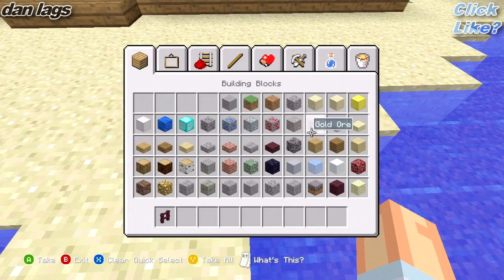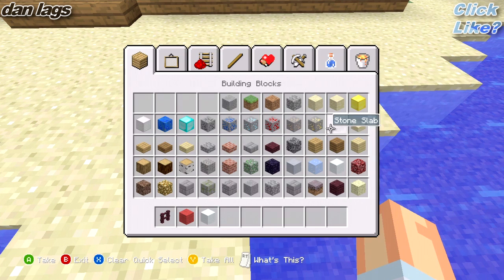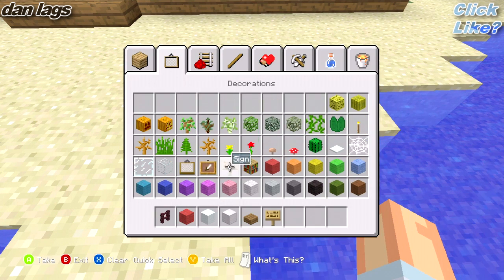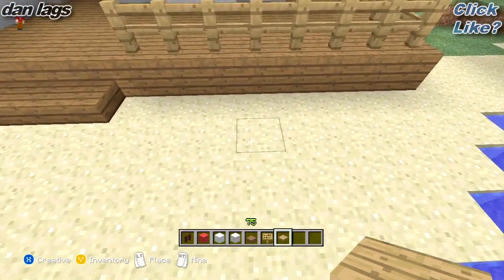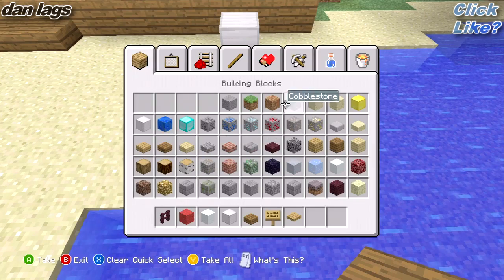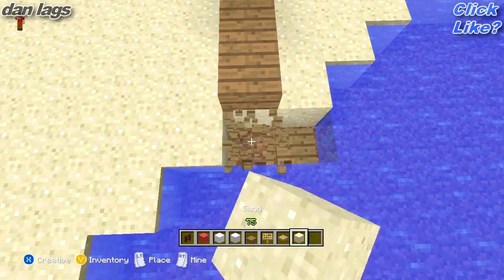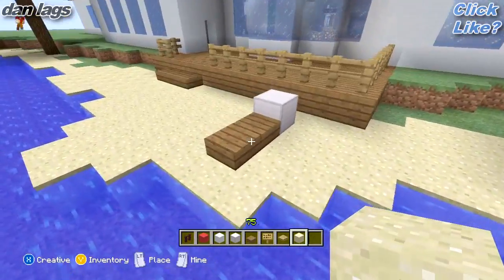I'll add a little umbrella real quick. And let's get out some stuff I need for that. And there we go. So let's go ahead and get some beach chairs here. Sand, more sand, more sand. Let's extend this a little bit more. Oh, I didn't know you could place pressure plates and that stops water. I had no idea. Not like it really matters, but...